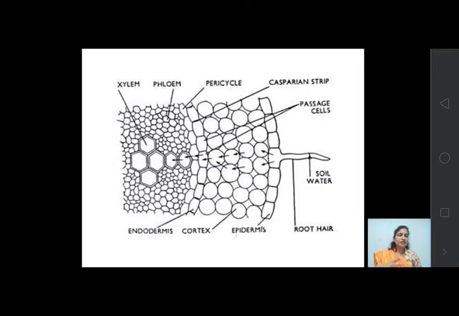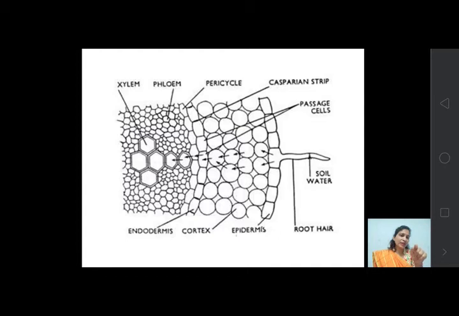Yes, let's have a look at how the root hairs absorb water from the soil, and the path of that water from the soil up to the xylem tissue, because ultimately xylem is the water conducting tissue. When this water enters the xylem tissues, they conduct or translocate that water up to the stem region, or the leaf, or the upper aerial part of the plant body. Okay, so let's have a look.